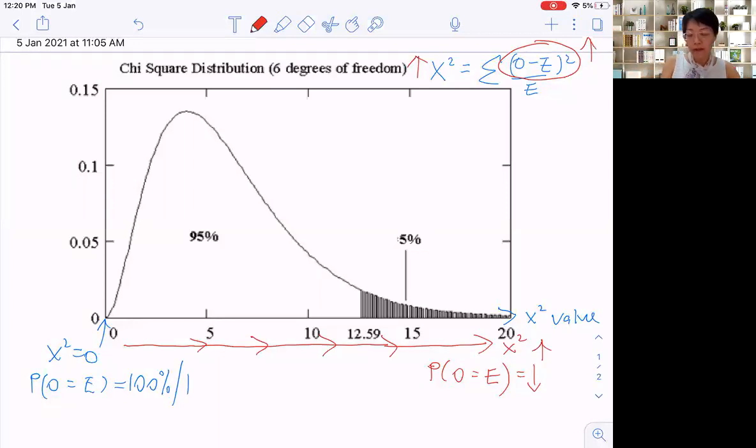So the final 5% is this region here. These are the results where O is so different from E. So whenever any chi-square value falls within this range here, we will say that